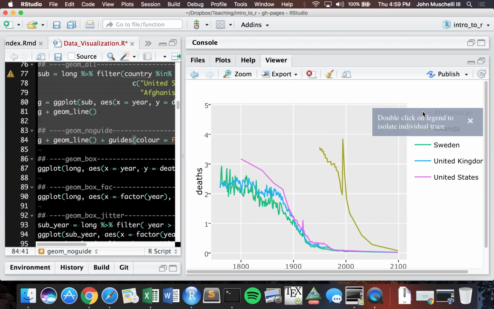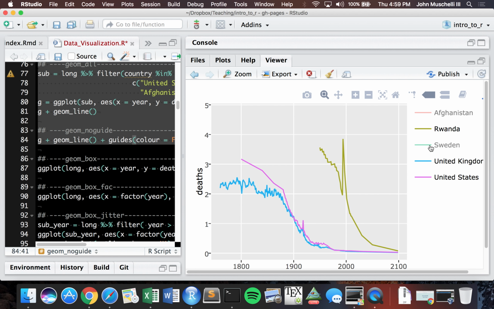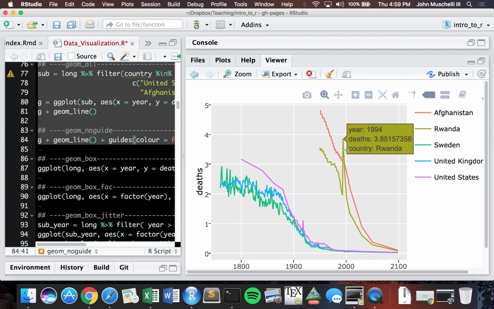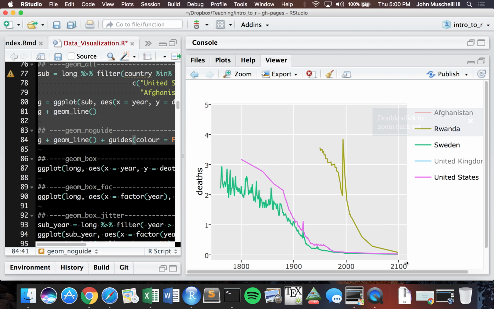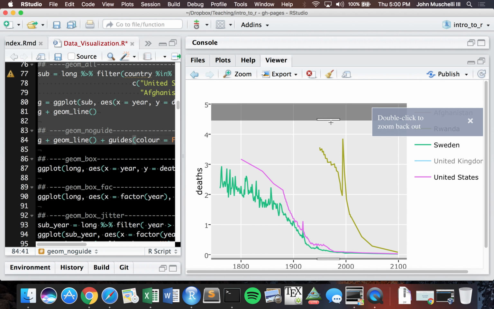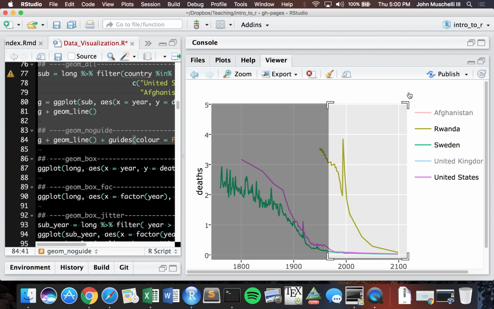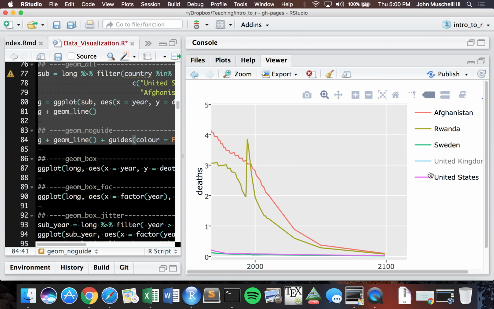You'd say, I didn't really like Afghanistan. Sweden, get rid of that one. Put it back on. Play with it, stuff like that. So you created everything in ggplot, but interactivity can come from these other packages where you highlight and you're like, that's the deaths. It's like, get rid of the UK. I only really want to look at these two countries. I only really care about data after 2000, so get rid of that. I'll just zoom in on here. Let's put Afghanistan and stuff back in there, so we can take a look at that. So you can do interactive exploration of your data,